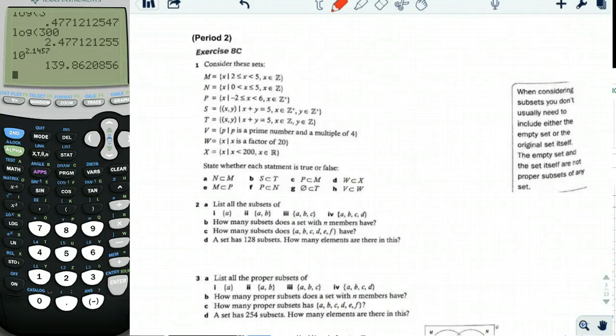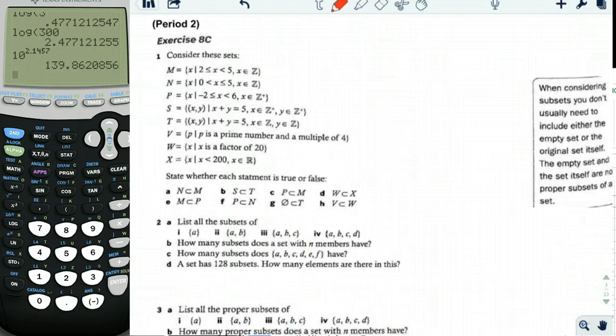Okay, so this is page 3 and 4. Consider these sets, and let's see. The easiest thing to do first is just to write out what each of these sets is equal to. So x is an integer between 2 and 5, not including 5, so that would be 2, 3,